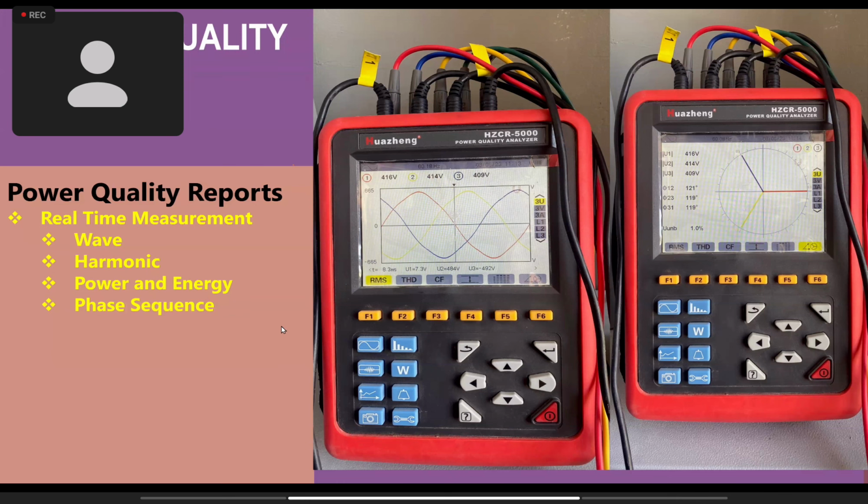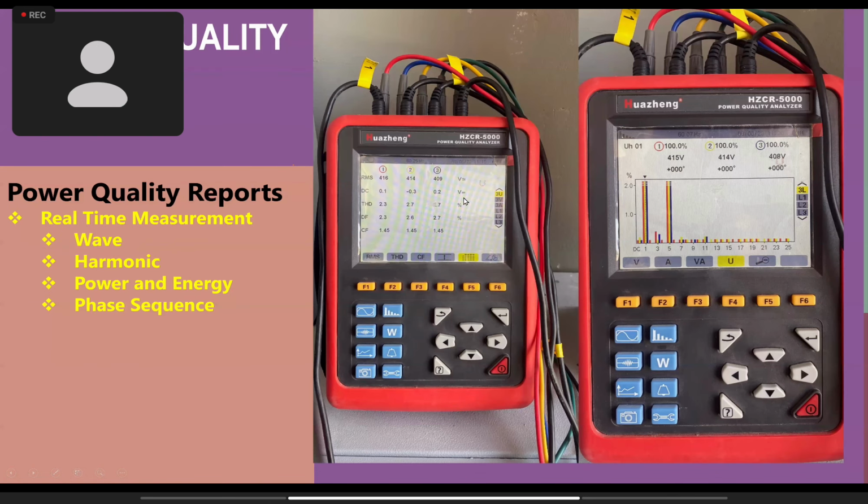Yan. And also, you can generate information on the harmonics, harmonic contents. So dito sa kabilang side, kita natin yung kanyang DC component. In terms of volts, maliliit lang. Total harmonic distortion of its phases. This is for the voltage. Merong 2.3, 2.7, and 2.7 in terms of percentage. Makita din natin yung kanyang